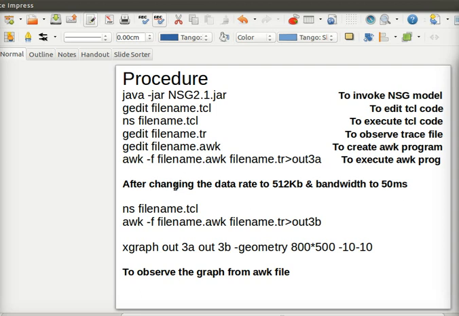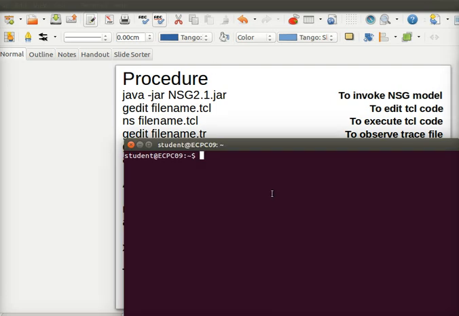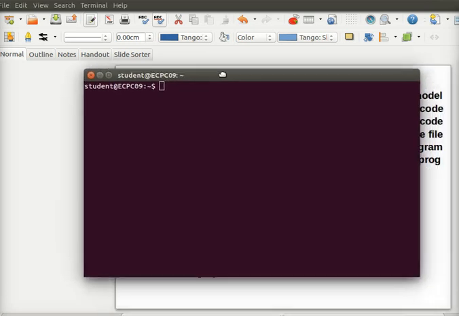And once we have the program, we simulate it by using ns filename.tcl, and then we redirect that to out3b, and then for the comparison we do it in XGraph, and we observe the graph from the awk file. So once we go to the terminal window here,